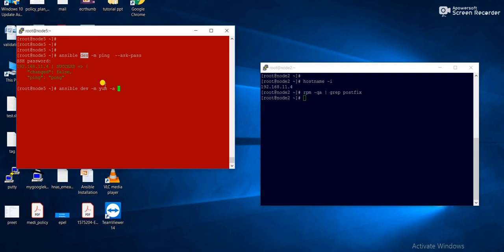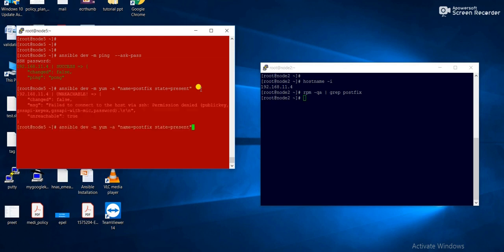Then name: what is the package name going to be? The package name is postfix. Then state=present. So this is the syntax: name=postfix state=present. So I will give enter.